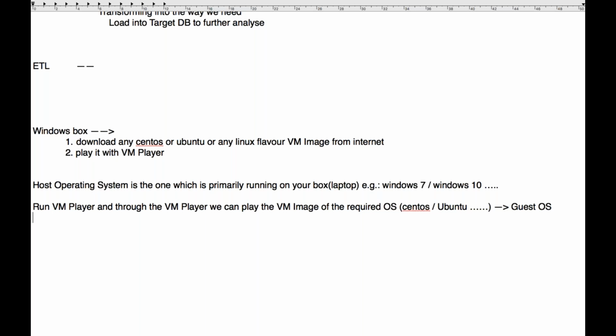Connectivity between your guest and the host: all the drives that you have attached to your host can be accessed through your guest. The internet that is accessible through your host is also accessible through your guest. All this seamless thing will happen between your host operating system and the guest operating system. Okay, this is one way, and the other way is